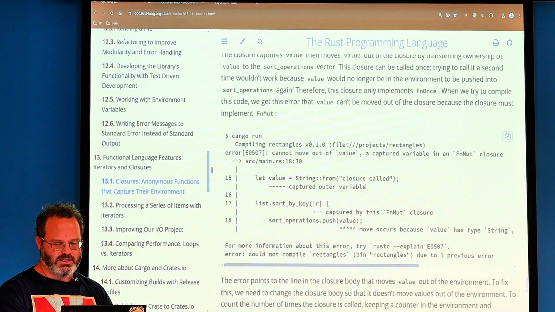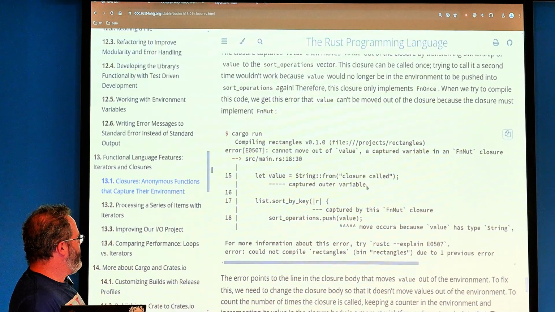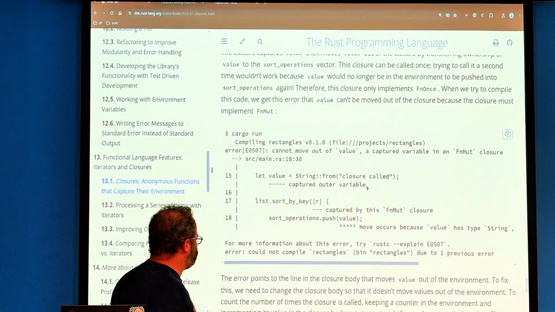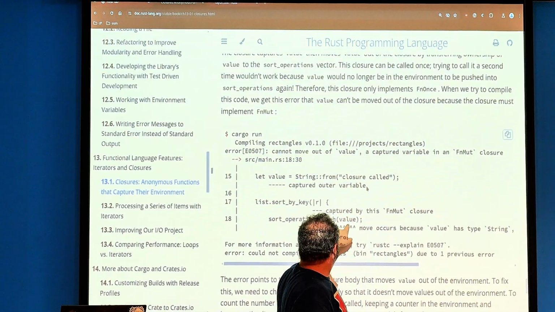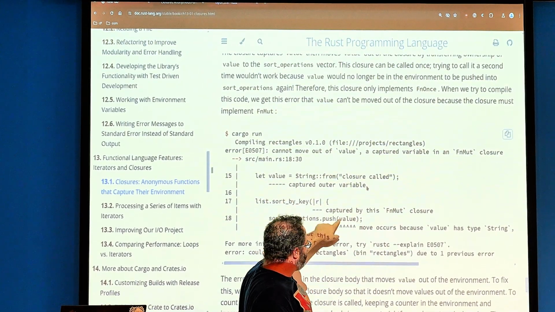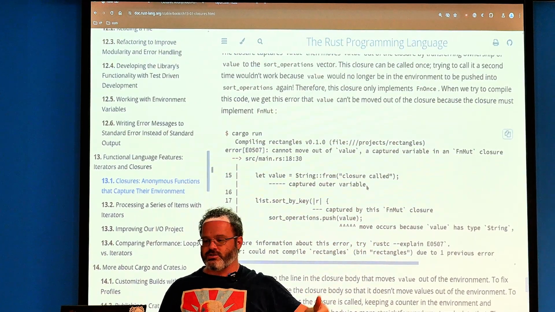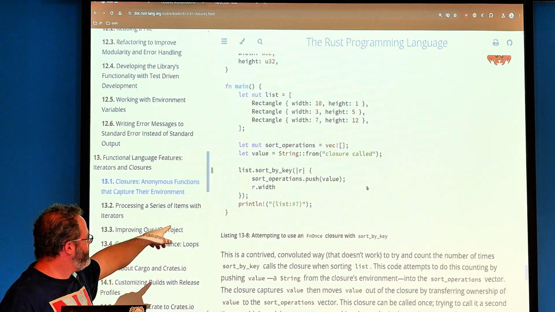And here's the error that it's giving you. So when you ran the code above, this is the error you got. And the error you got there is that the R was captured by the FnMut closure, and the value here, sort_operations.push, the value was moved. So the value comes from up here, and they're saying that you can only push the value once. And this makes sense. Right, so they're saying that this code up here didn't compile. Let's go through it. This code didn't compile,